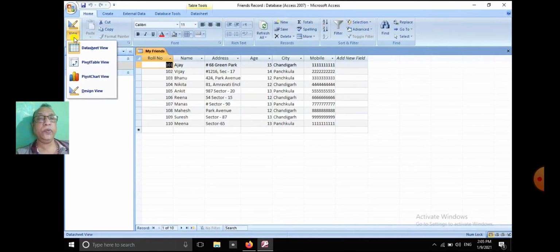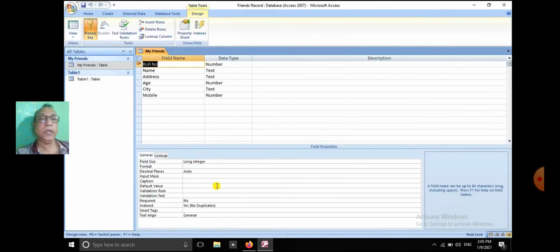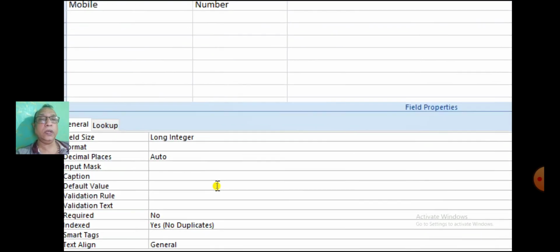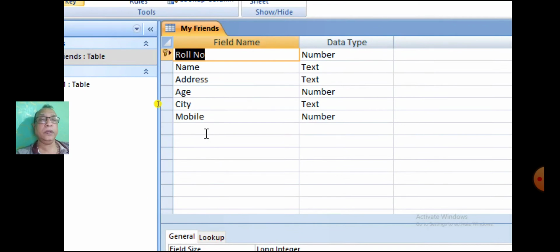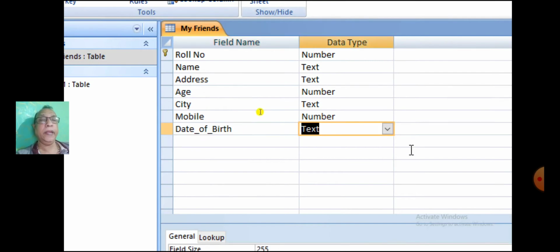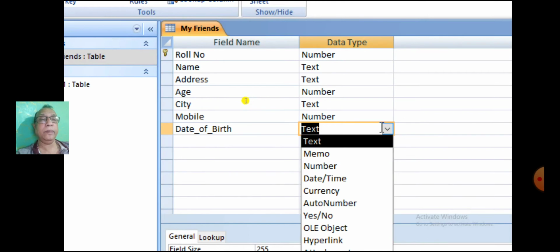Go to the design view. Insert one more field name, date of birth, date underscore of underscore birth, and the data type should be date/time.